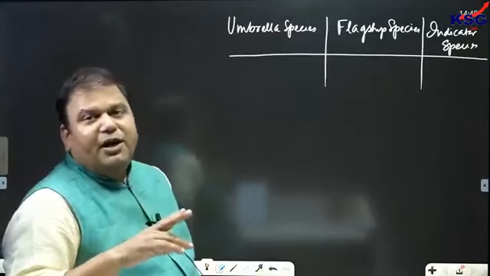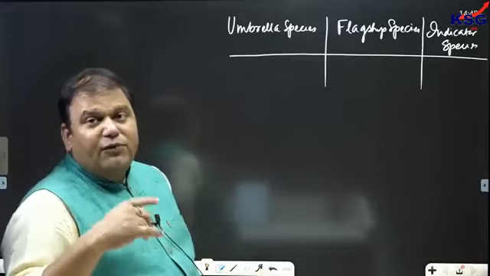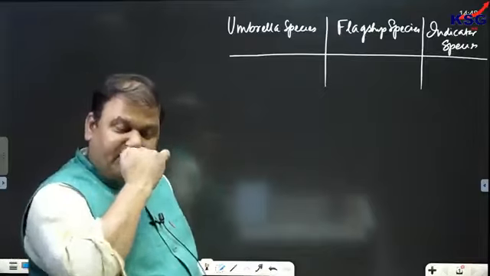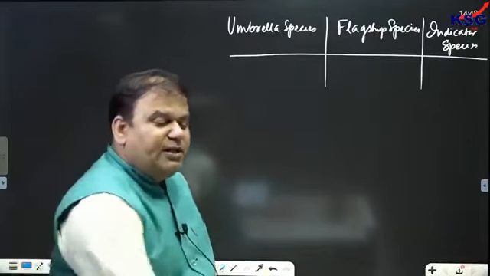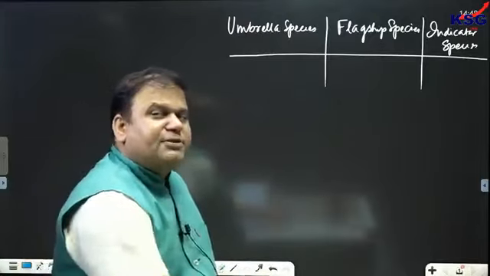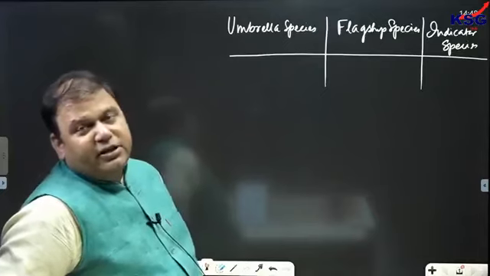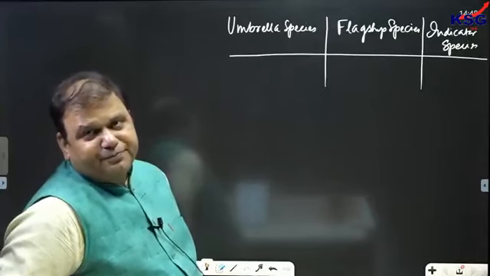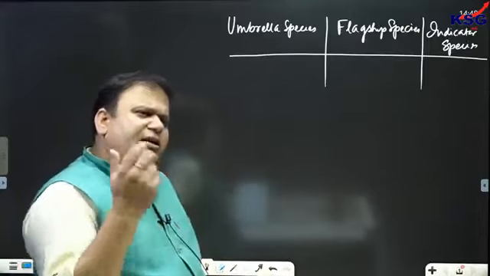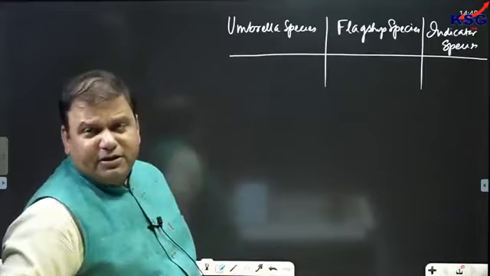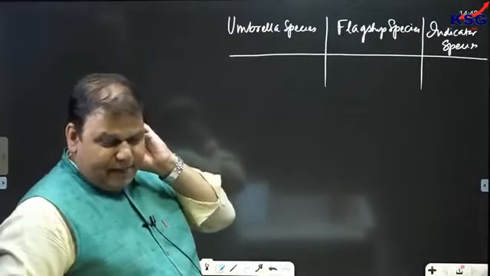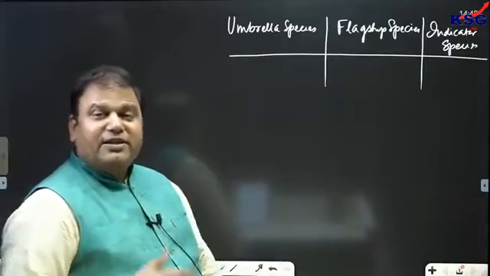But in protecting the habitat of that animal, the habitat of other species also can get protected in turn automatically. Now here the main species would be referred to as what? Umbrella species. For example, if you take the conservation initiative of protecting a tiger, in protecting the habitat of tigers, the habitat of hyena and the habitat of deer would also be protected. So tiger would be referred to here as what? Umbrella species.